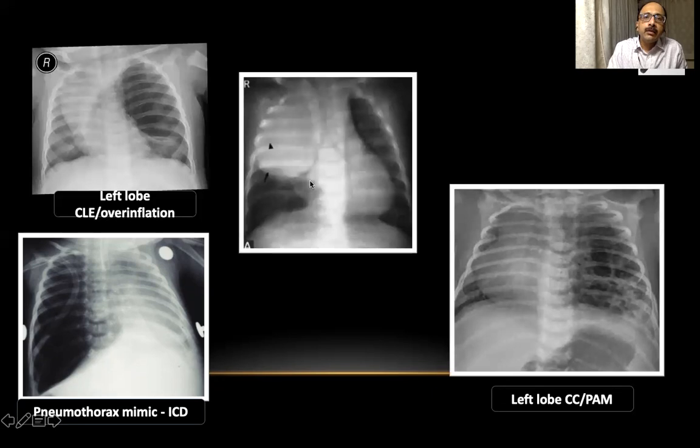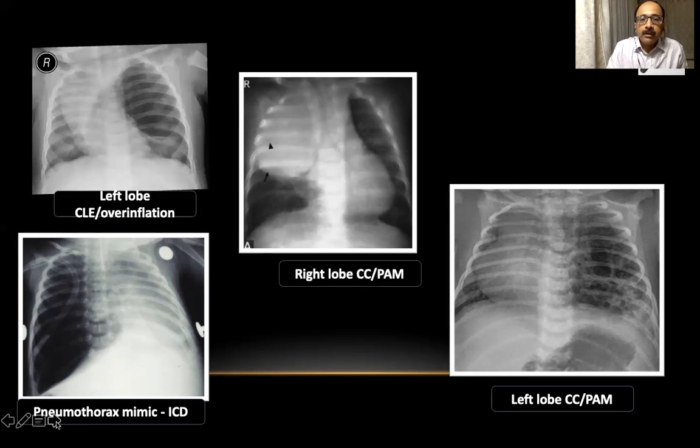And here what you have is a whitish structure. This is a soft tissue shadow which is not restricted to a particular lobe of the lung. It is causing some displacement of the air column. So this is a space occupying lesion. You would need a lateral X-ray to confirm, and this turned out to be a congenital cystic adenomatoid malformation of